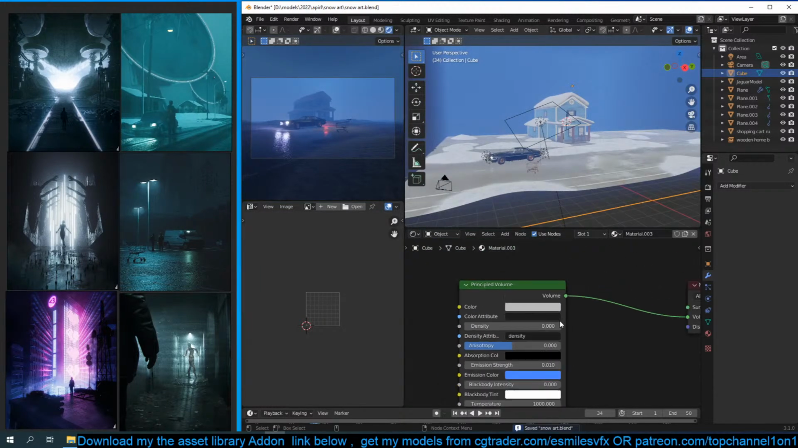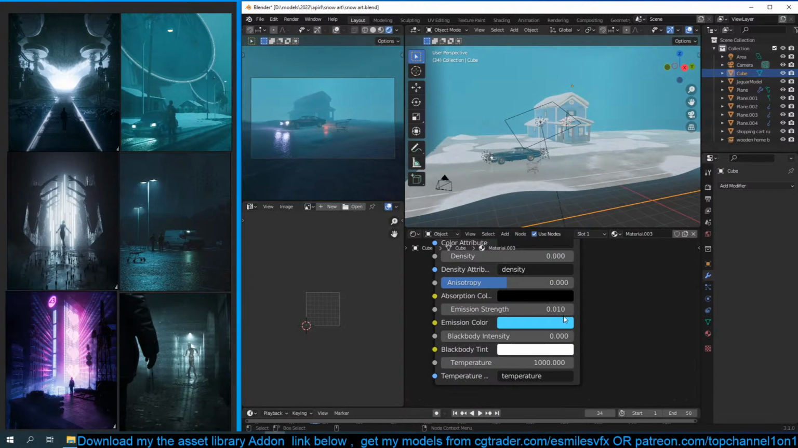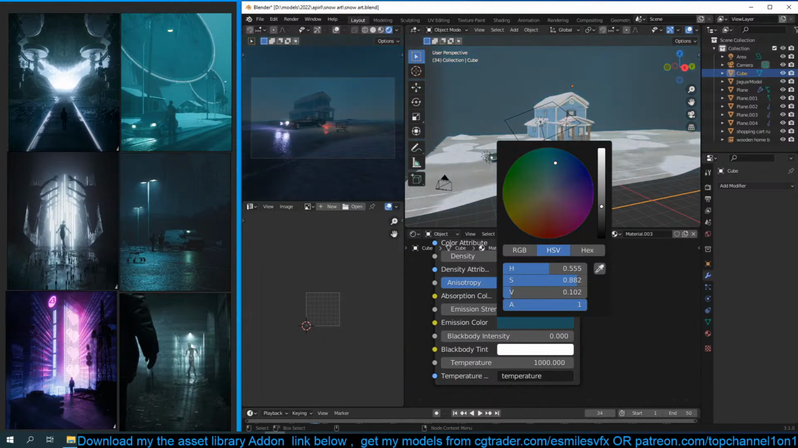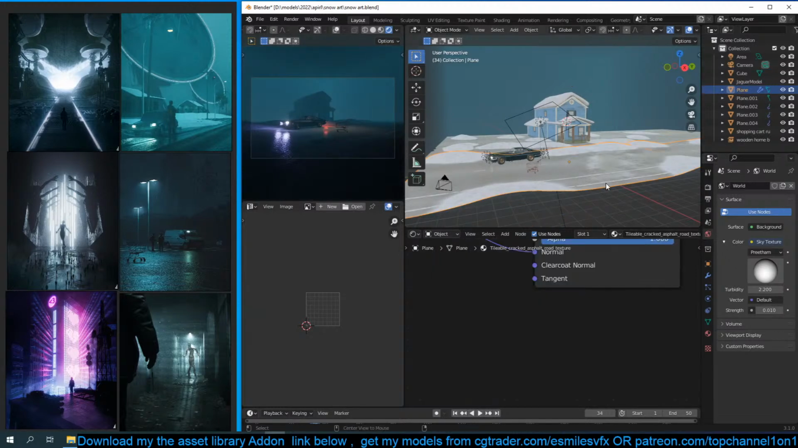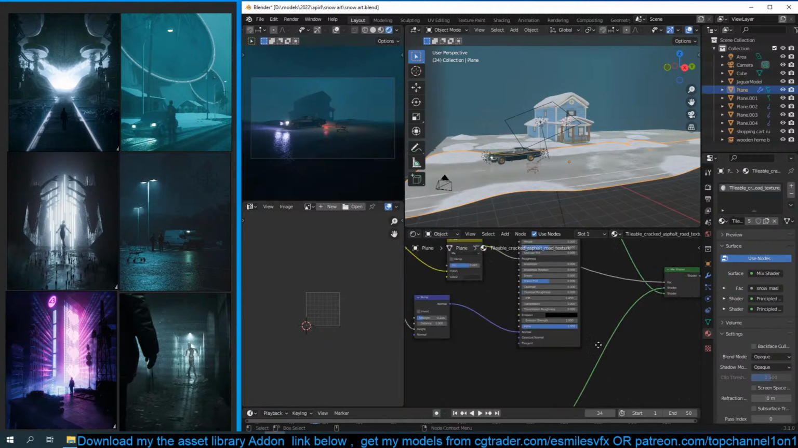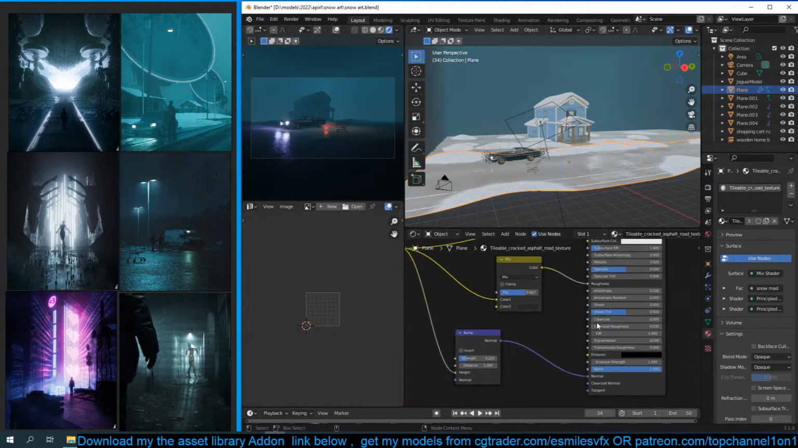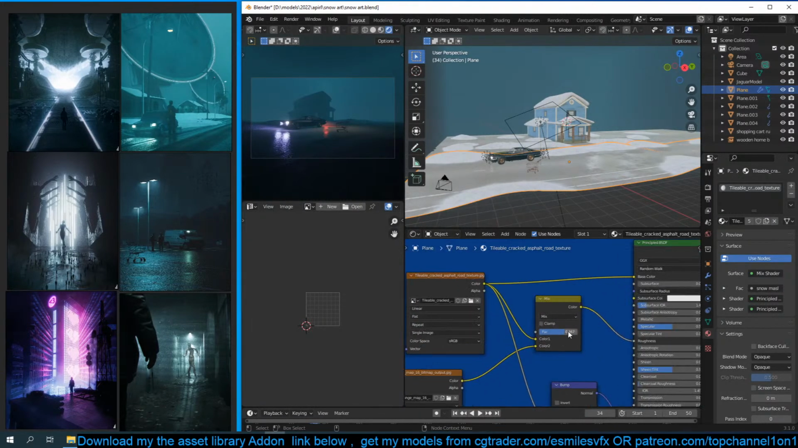Now I want this volume. Wait, can I make it darker? Perhaps the sky can be a bit darker. And this can also be less reflective. The asphalt can be